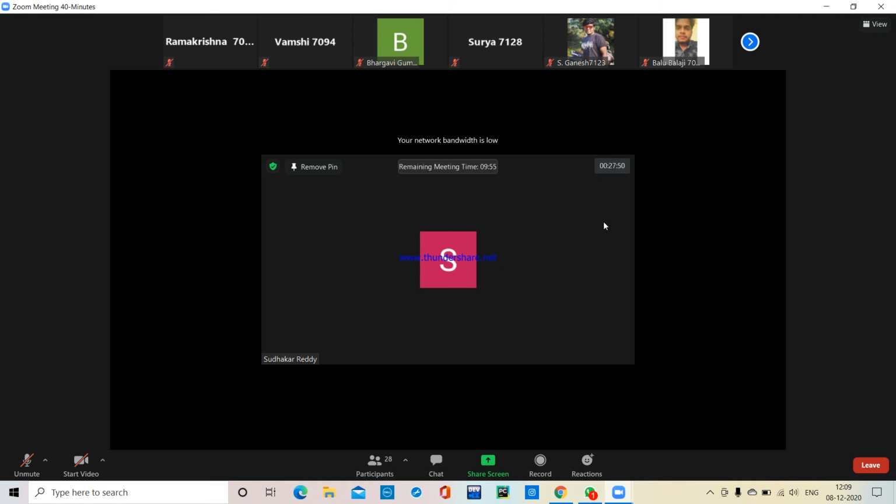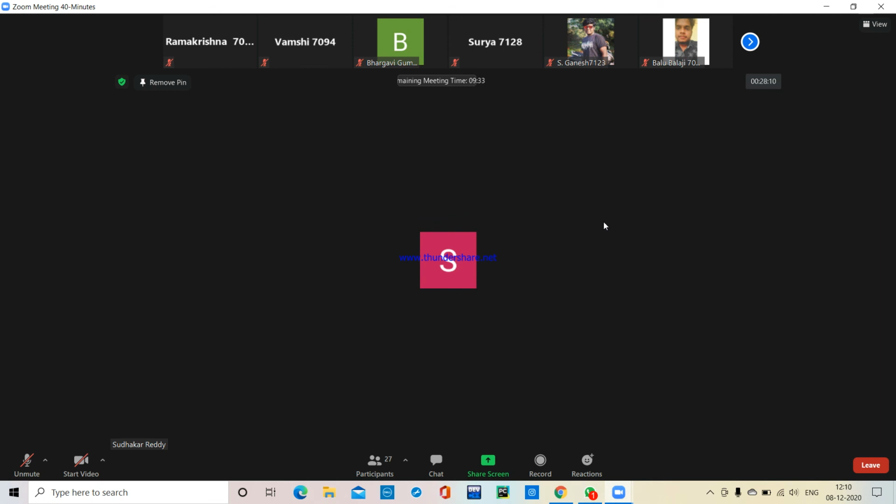Next, we have a DQ. DQ is nothing but a double-ended queue. The difference between the normal queue and this DQ is that in a normal queue only one end can be used for deletion. We have two ends: the front end is used for deletion and the rear end is used for insertion only. Rear end insertion, front end deletion. But coming to DQ, both operations can be done from both ends.